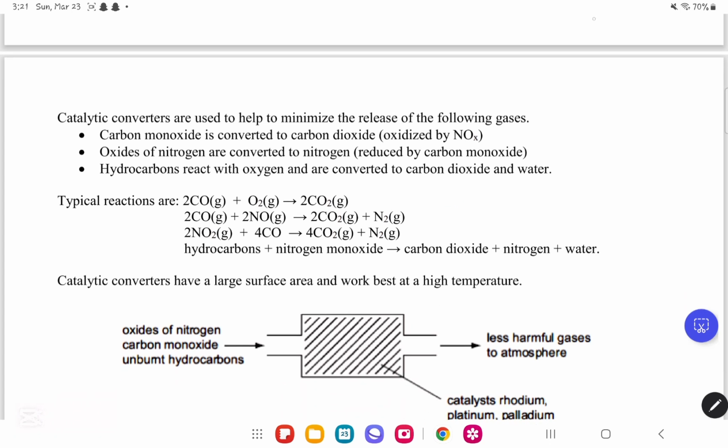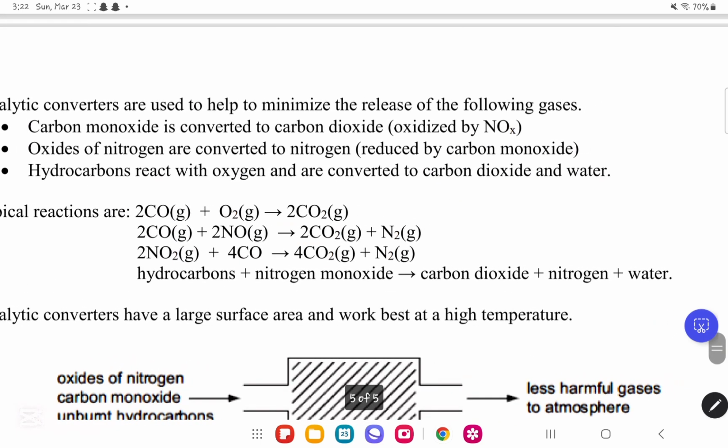Catalytic converters minimize the release of the following gases. These gases are carbon monoxide, which is converted to carbon dioxide. Then the oxides of nitrogen, which are converted to nitrogen, reduced by the carbon monoxide. And finally, hydrocarbons will react with oxygen and form carbon dioxide and water. Now, if they asked us for the typical reactions, what you would need to memorize are these